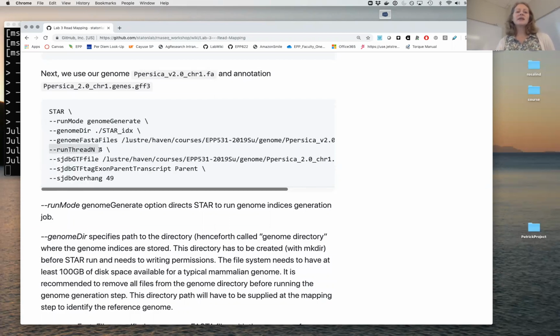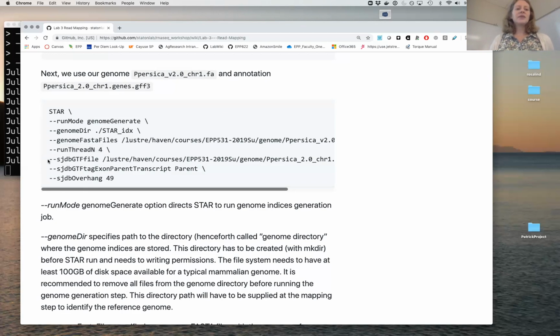Next, I have runThreadN equals 4. This is just saying, hopefully to speed this up a little bit. I was testing it last night and it was a little bit slow. So I'm telling everybody to use 4 threads instead of 1. So you're actually asking the computer to run 4 processes in parallel to try to process this command. 2 threads can run on a single CPU. So in most modern CPUs anyway, if your computer has, let's say, 2 CPUs, you could run up to 4